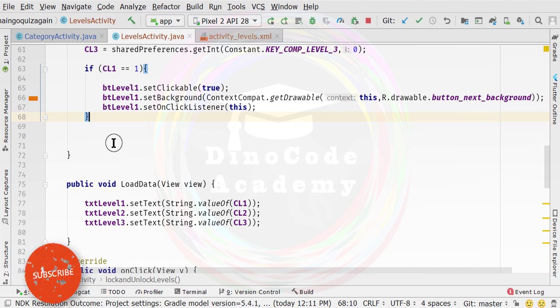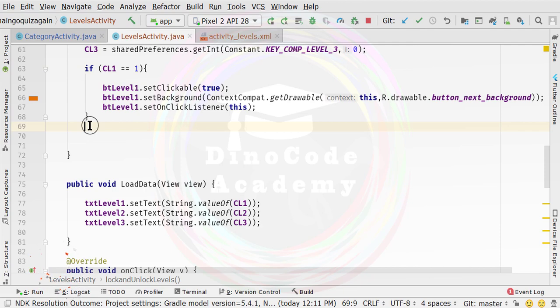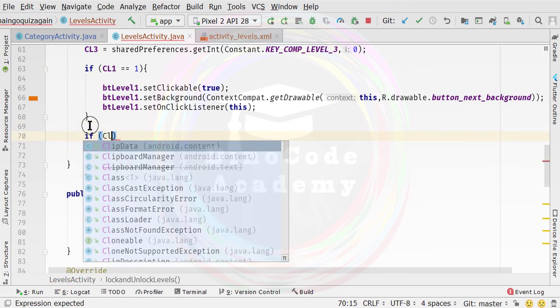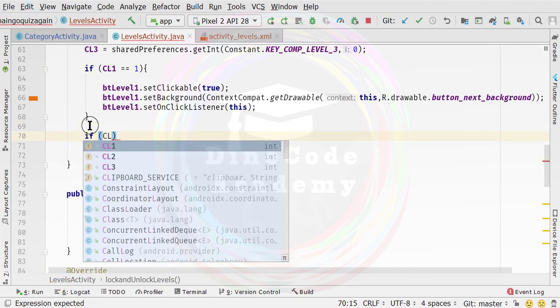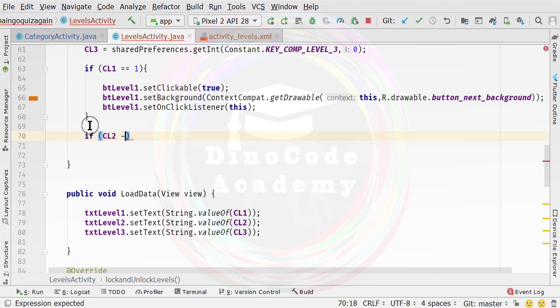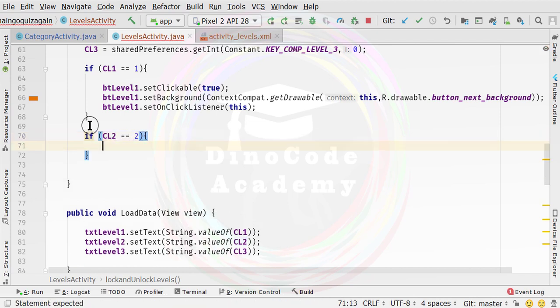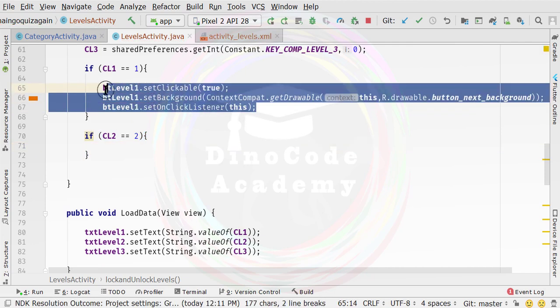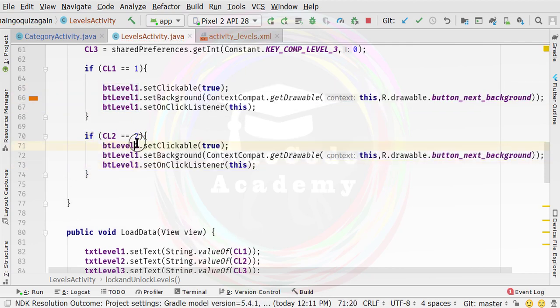So there is no need to specify an else if condition when the value CL1 is actually 0. Instead I am going to specify the condition for the CL2. If it is equal to, I'm going to specify here double equal sign, 2. Then again here I'm going to specify the same code. So I'm going to copy this one to save a little bit of time. Here I'm going to specify the 2, not 12, it's actually 2, and also here 2, and the rest of the things will remain the same.